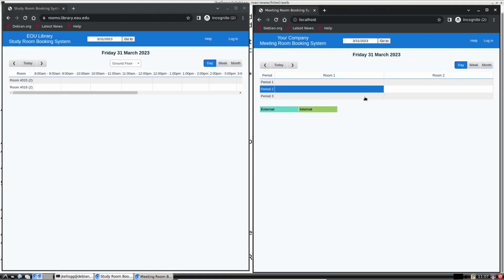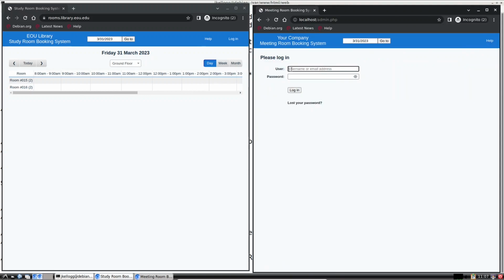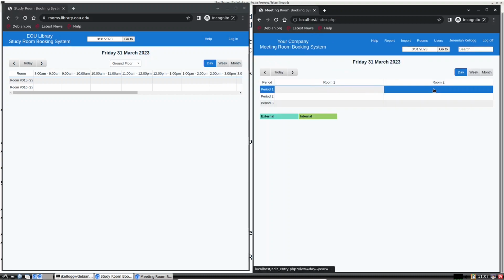Let's minimize that. So somehow that was configured for periods. Why is that? That shouldn't be. I'm going to show you what to do here. So I'm going to log in to the admin interface. Okay, and so the way we would change it in the web admin rather than using the command line is we